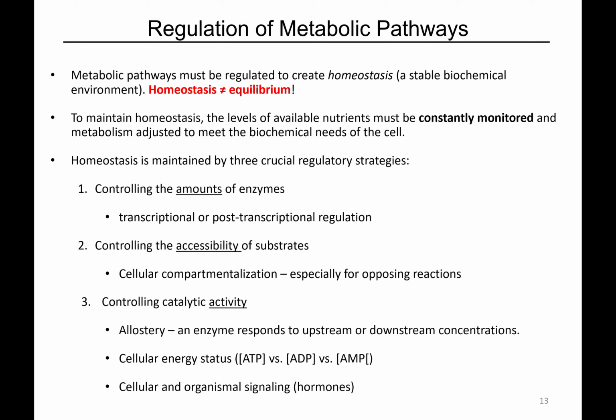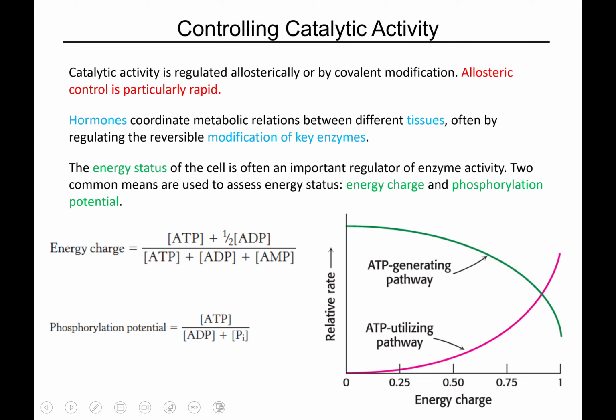There's always at least one pathway pushing things forward, okay? But homeostasis means that things can reach relatively stable levels, right? But that does not mean equilibrium because things are still responsive, okay? Again, I'm not gonna really dive deep into it right here because I've already kind of talked through that. But I do wanna finish up here with this idea of controlling catalytic activity through the energy status of the cell, okay? So I mentioned that this is the relative levels of ATP versus AMP and ADP.